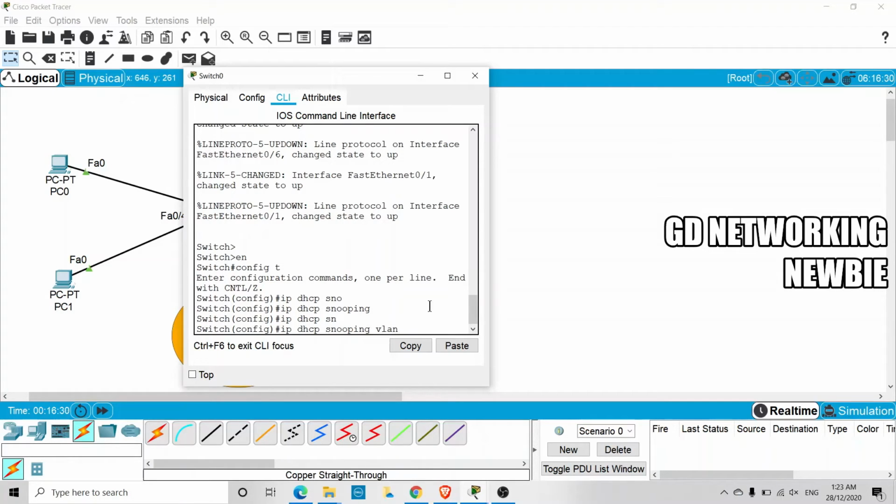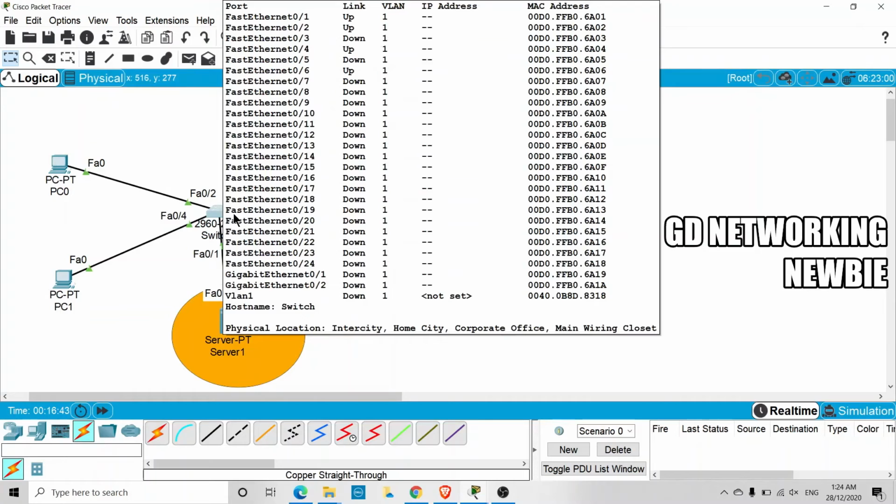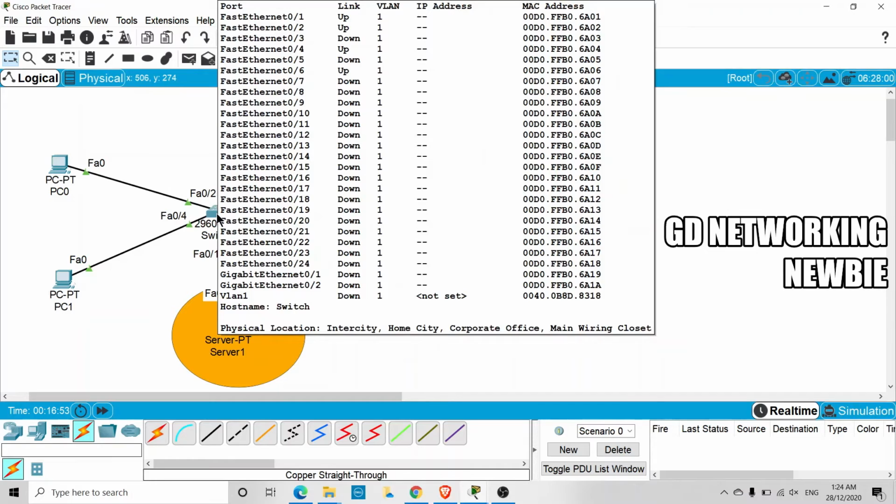This is the VLAN where we want to enable DHCP snooping. At the moment we have all the ports in VLAN 1. By default all the ports of the switch are already in VLAN 1. So it means on VLAN 1 we are going to enable the DHCP snooping feature,